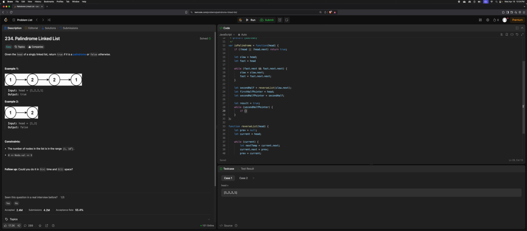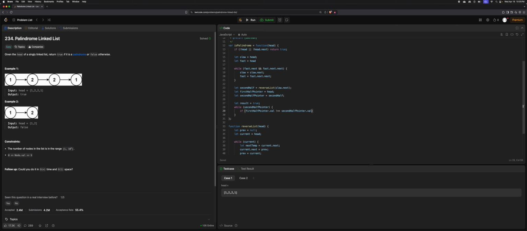We'll say if the first half pointer value is not equal to the second half pointer value,